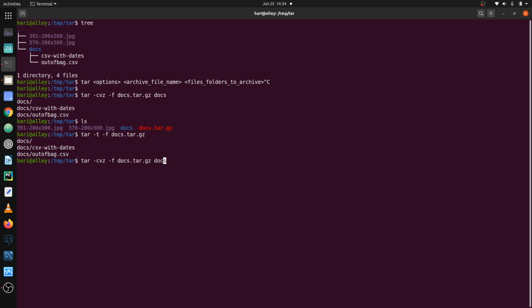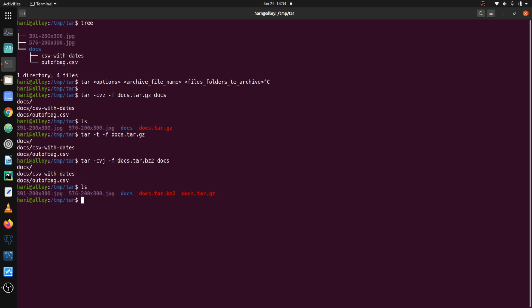There is one more algorithm called the bzip2 algorithm, and that's specified using the -j option. And we can change the name of the archive file to bz2 if we want. It's better to reflect that in the name of the file. And we create that, and we get another archive with the .bz2 extension.